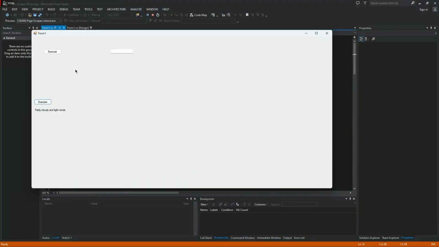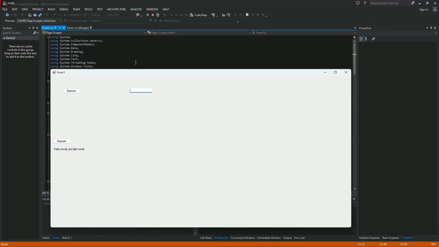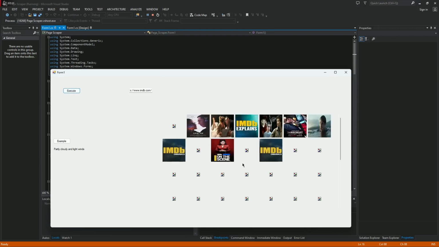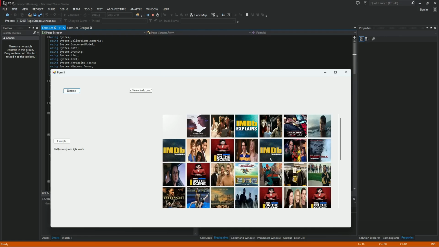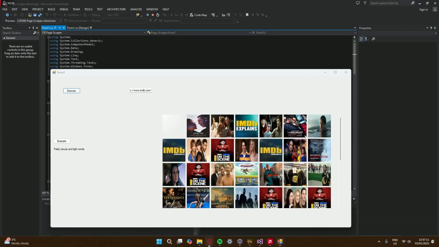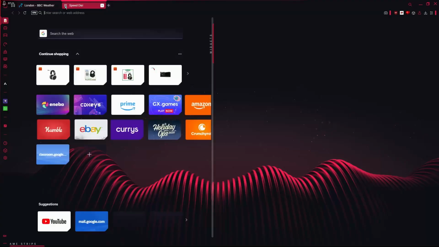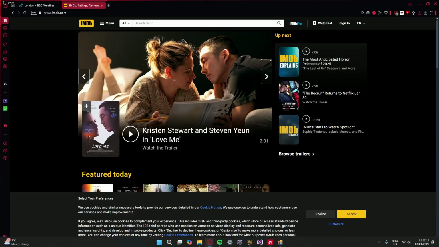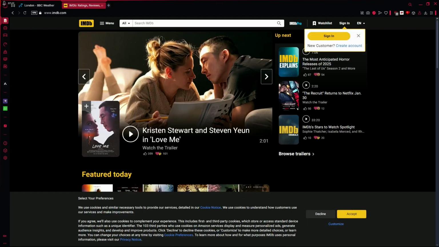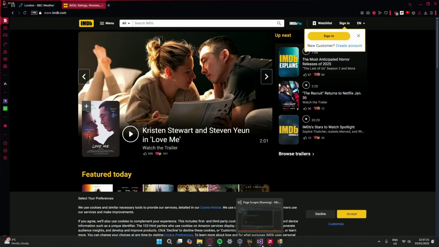That's what we retrieved. And here I'm going to put IMDb into this. Okay, we're going to execute this. And here, look, we have all the images, not all the images, but most of the images on the website. And if we go onto IMDb itself, we can actually compare and see what images we got. So